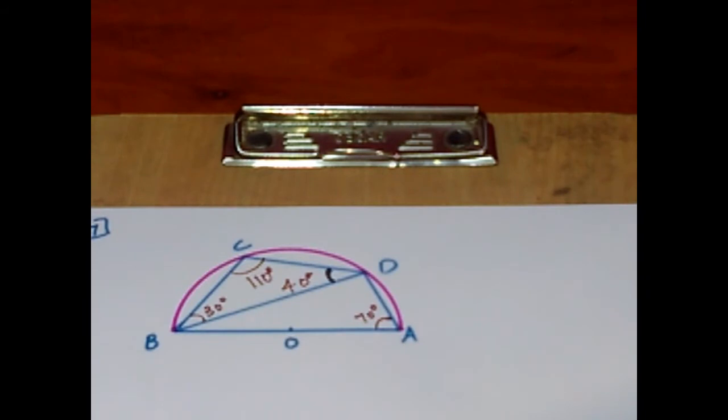Write down fast. Point number 1: ABCD is a cyclic quadrilateral. Hence, angle A plus angle C is equal to 180 degrees. Reason: opposite angles of a cyclic quadrilateral are supplementary. So, in point number 1, you will get the measure of angle BCD as 110. Next, point number 2. Consider triangle BCD. By applying angle sum property, calculate the measure of angle BDC is equal to 40 degrees.